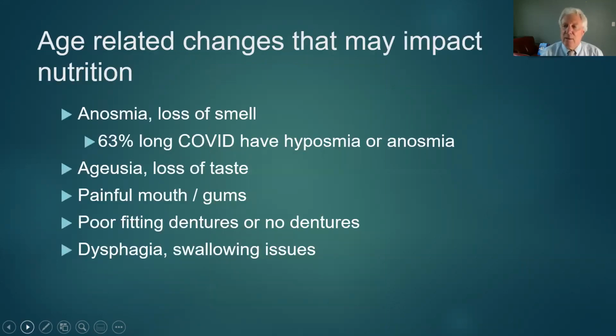So some of the things that might contribute to poor nutrition and aging is loss of smell. That's called anosmia. And interestingly, a recent study out of Britain, where they're doing a huge long COVID study on hundreds of thousands of people, found that 63% of long COVIDers have either reduced sense of smell or complete loss of smell that persists. When you lose your smell or have problems with your smell, you get a reduction in taste. And so that concept of ageusia, which is a loss of taste, further